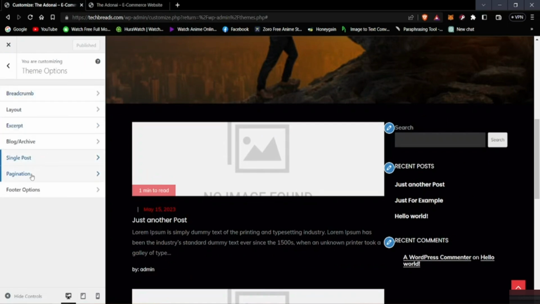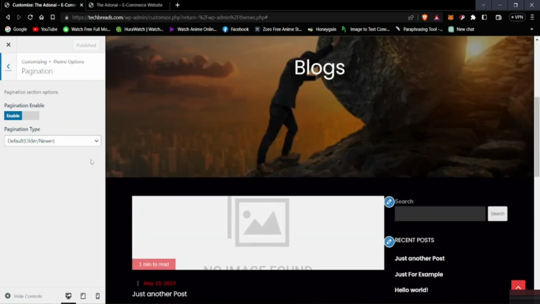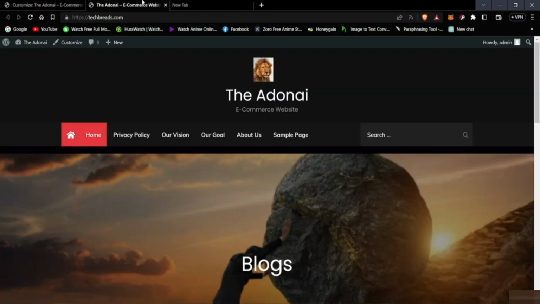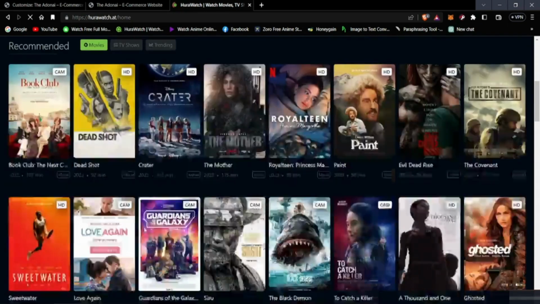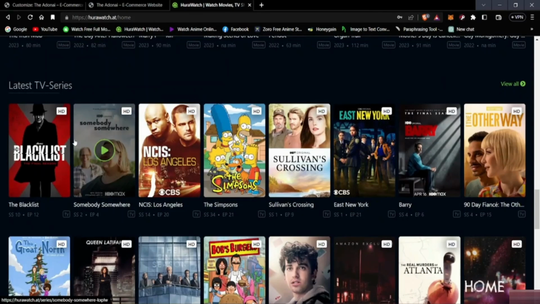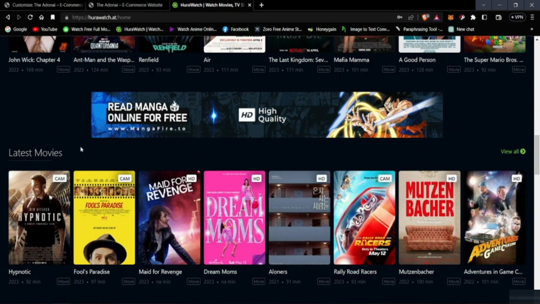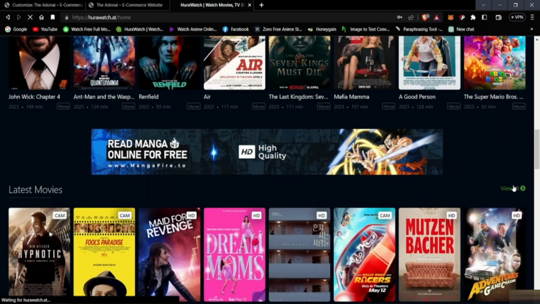And then we have pagination. Now pagination is really important. Okay, so for instance, if I go to a site, let's go to a streaming site. Now if I go to one of these lists right here, so if I go to this page, and if I open this here,